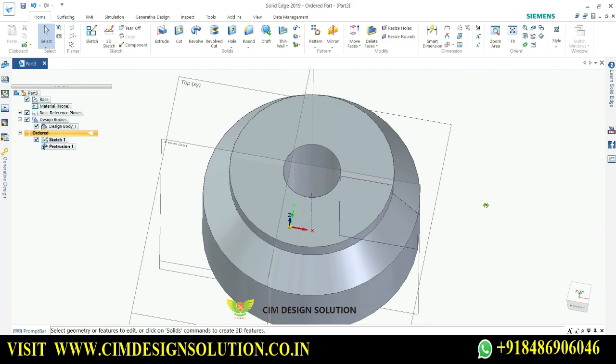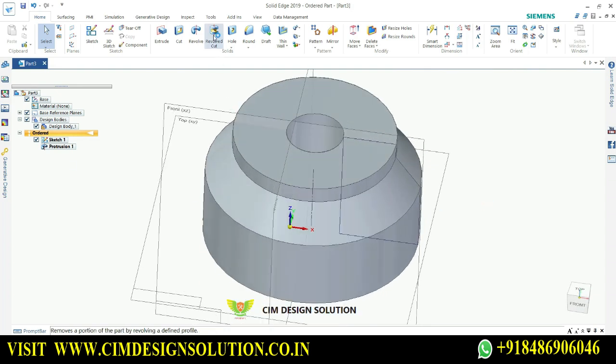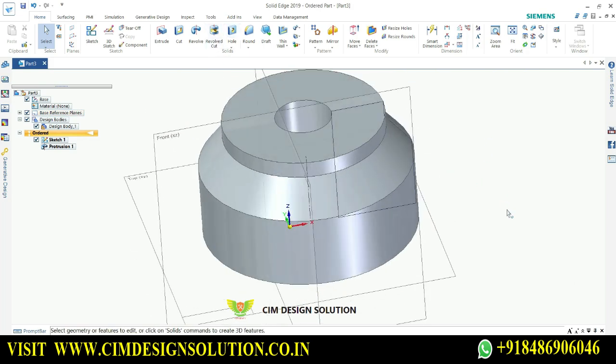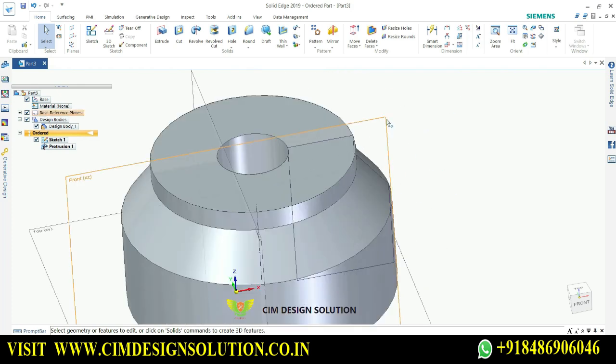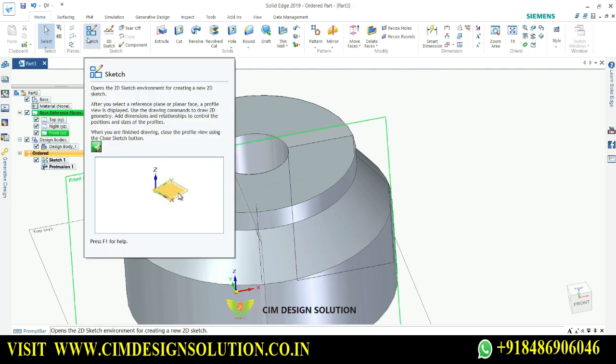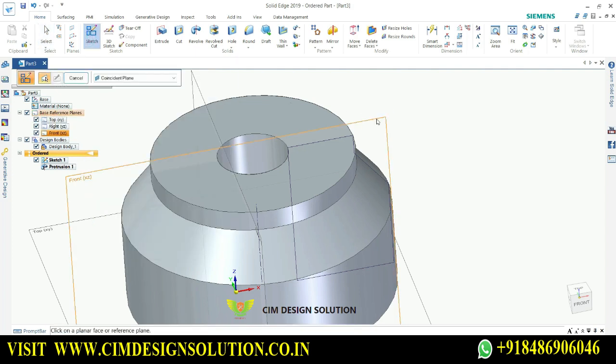Okay, Acha. Now the next option is revolve cut. The revolve cut option is used to remove material using the revolve feature. For that case I need to have a profile and also a center line to make that. So for that case, right now what I am going to do, I am going to select this plane for making a sketch,